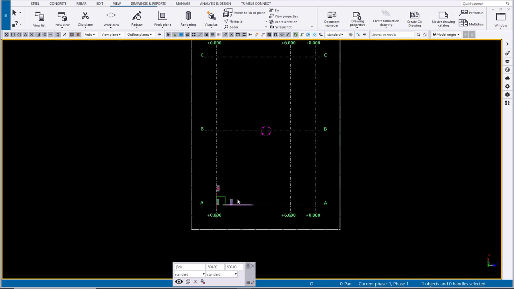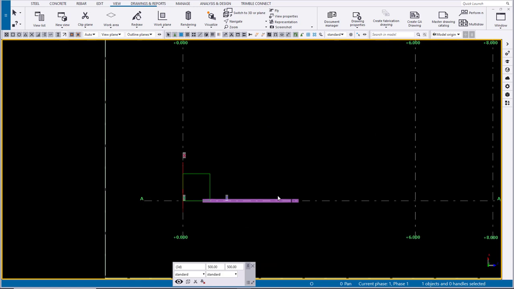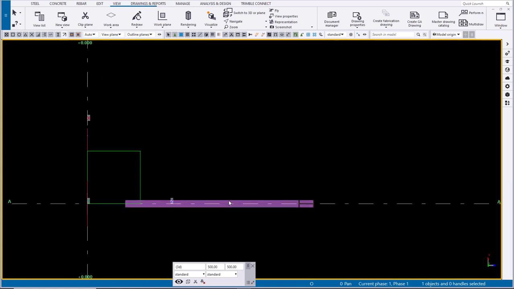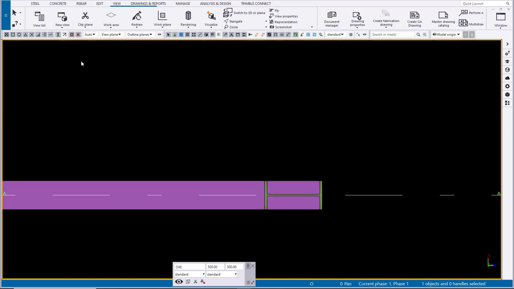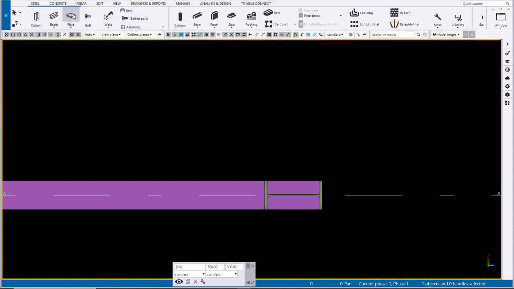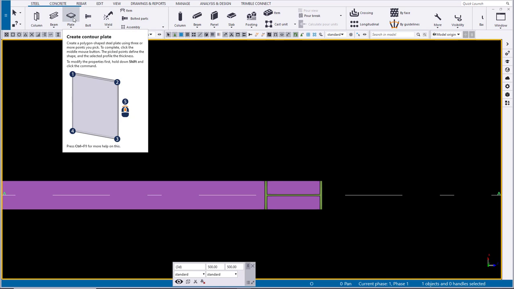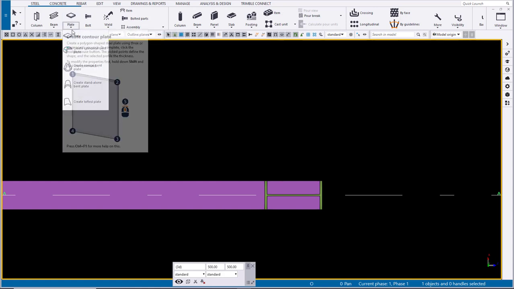and I have this column, it's like laid down, but it's okay. We just want to make some plate here. We pick these tools, this button, counter plate. This plate is like